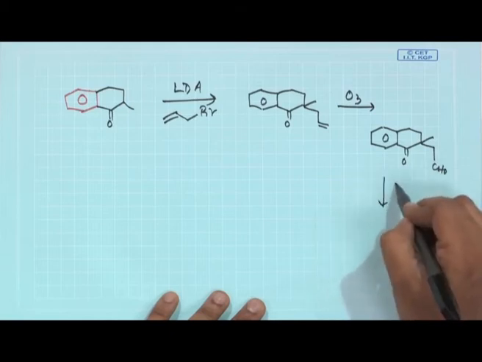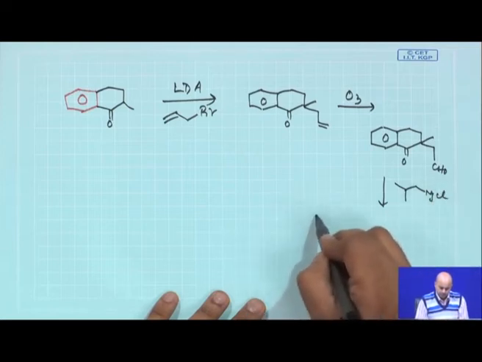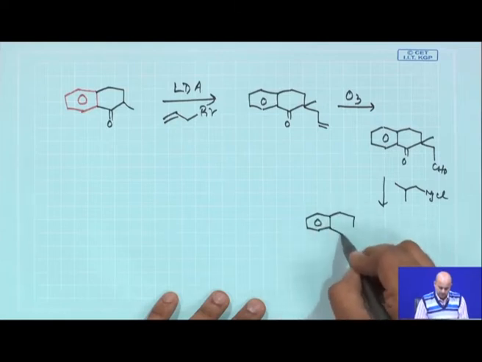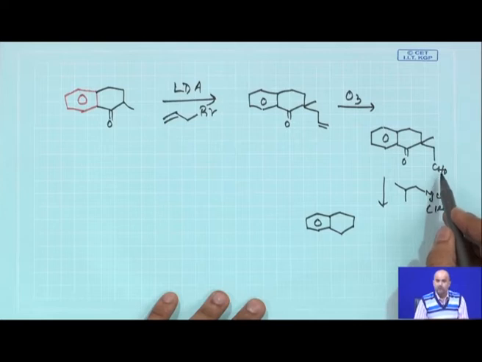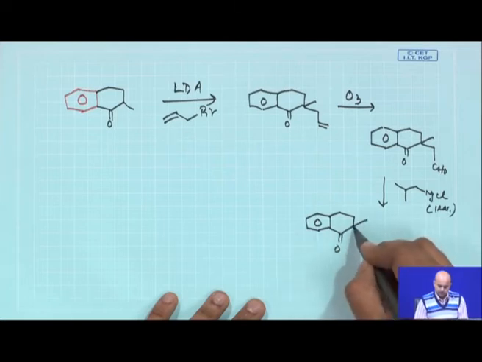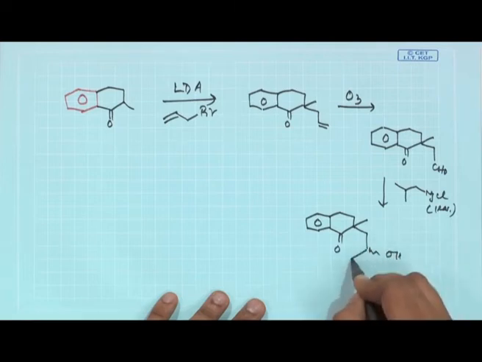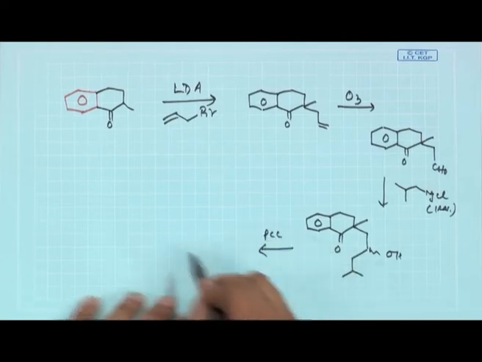Now, we will be using an isobutyl magnesium chloride, which will give this. This is a ketone and aldehyde. So, normally aldehydes are much more reactive. So, you can use 1 equivalent of this magnesium chloride, and this ketone is also sterically very much congested. So, normally this will react here and it will give you these things.